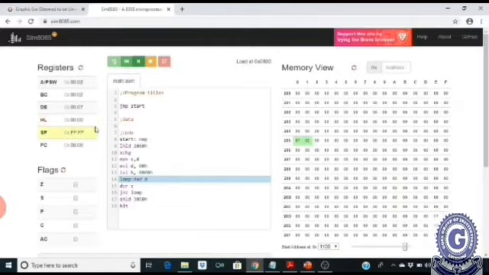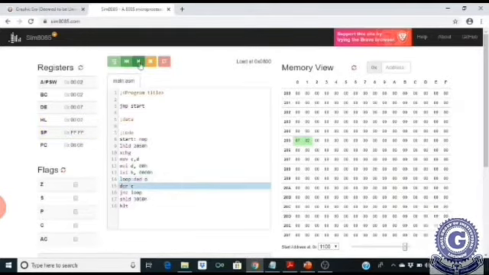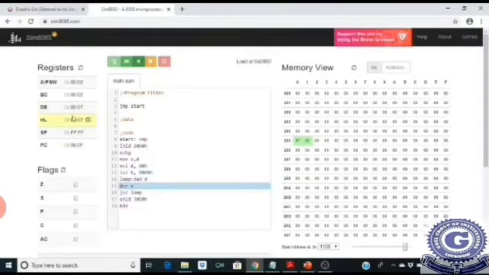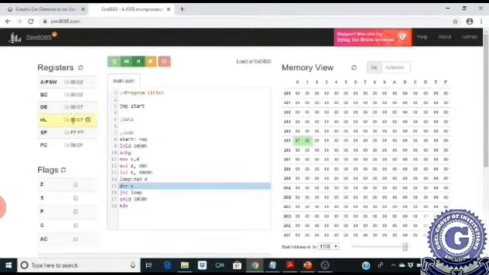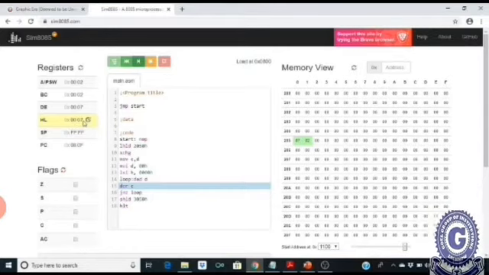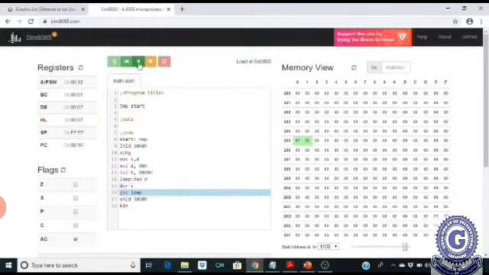After this DAD instruction, DE and HL were added. It came as 0007. Then we have decremented the C register, it is 01.